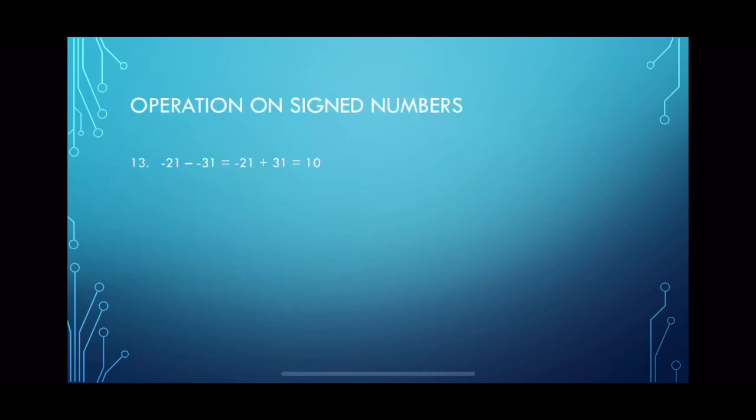For number 13, we have negative 21 minus negative 31 is equal to negative 21 plus 31 is equal to